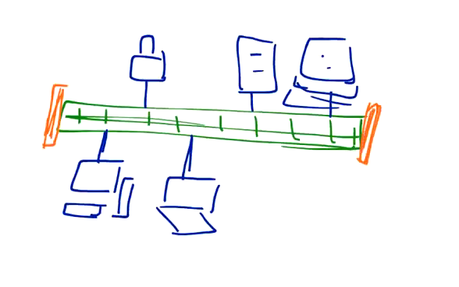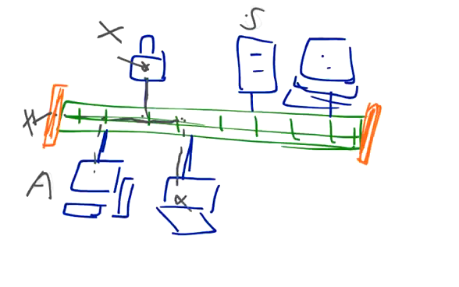So how does this bus topology work? Let's suppose computer A would like to send a request to the server. It will send a request, and that request would go everywhere in the network. It would go to the terminator, and the work of the terminator is to terminate the signal. It would go to our printer, and the printer would say, no, it's not for me. And then the request would go to the laptop, which would also say, it's not for me. Then it would go to our server, and the server would say, yes, it is for me, and I would